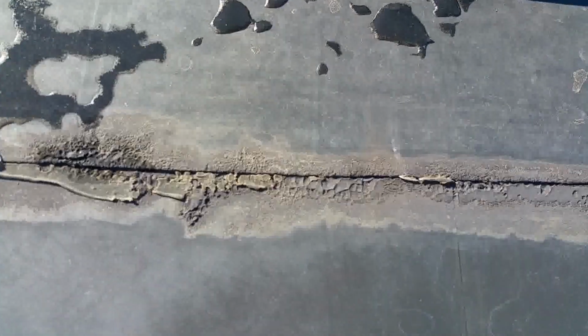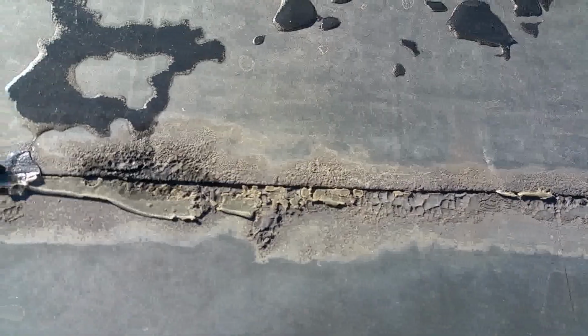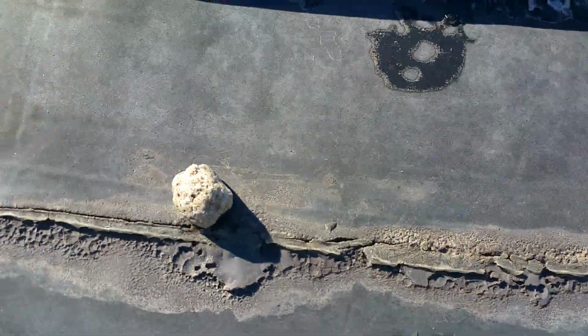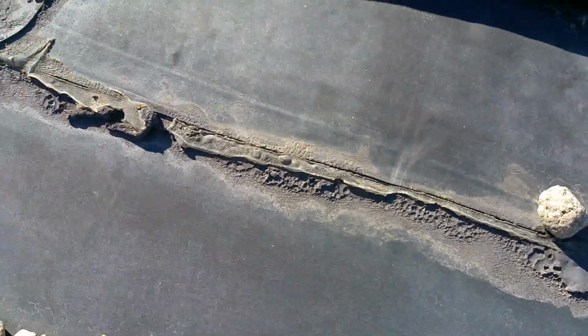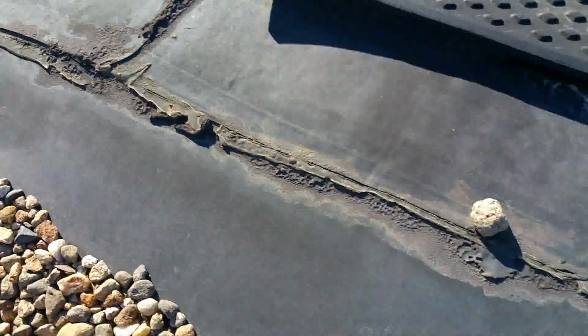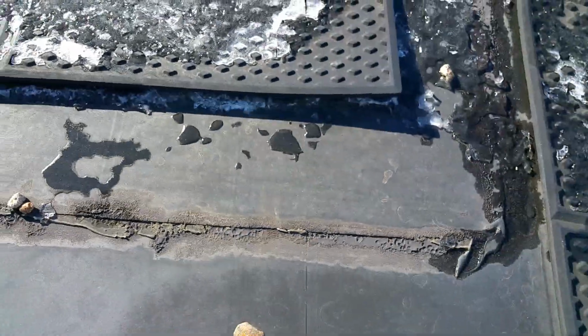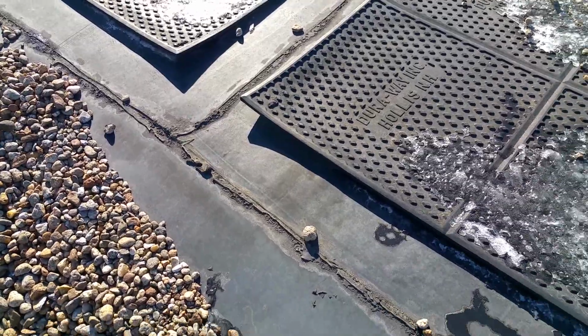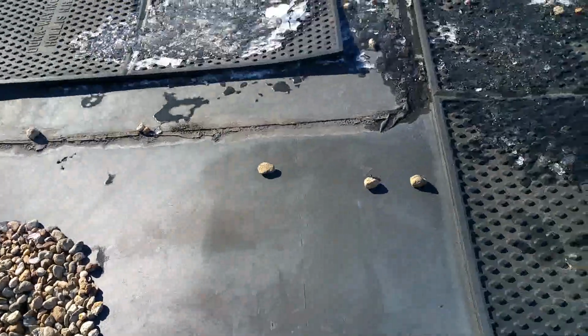Here you can see the seams, and you can see that stuff there that looks like it's eroded over time right on the seam. That's called lap sealant. And this is the case for the whole roof here, that the lap sealant on the seams is gone. And we've had a couple problems up here as a result of that. So that's one thing that's not the best of news, but on the good side, the field of your membrane,